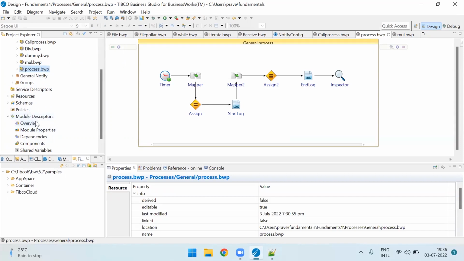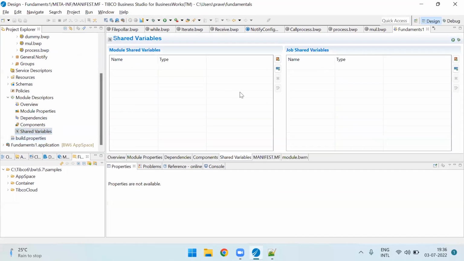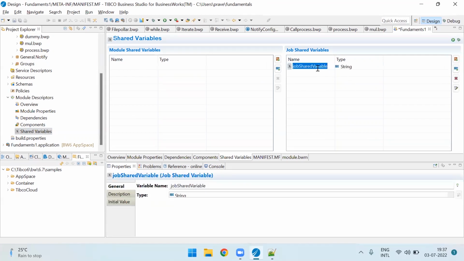you can go to the module descriptors, and here you can see something called shared variables, right? You double click on it and you have the different menus for the module shared variable as well as the job shared variables. So as of now we are trying to add a job shared variable, so I'll add one job shared variable here. So I'll change the name of this